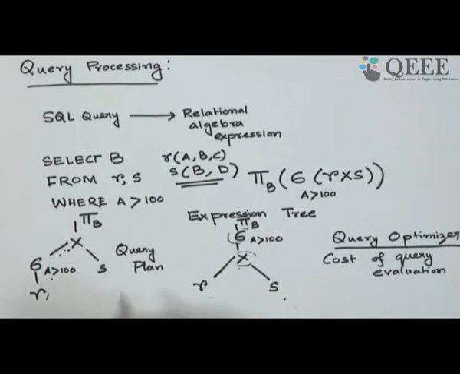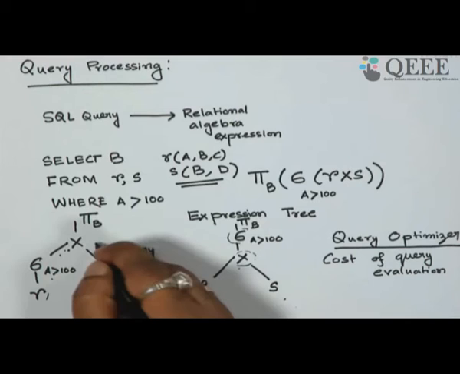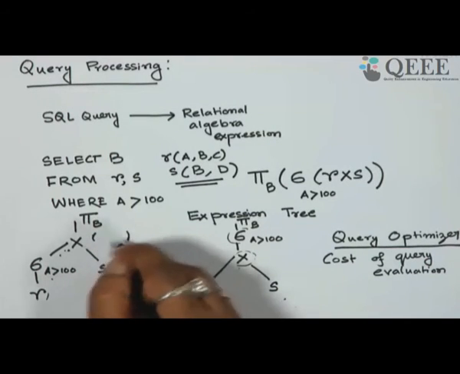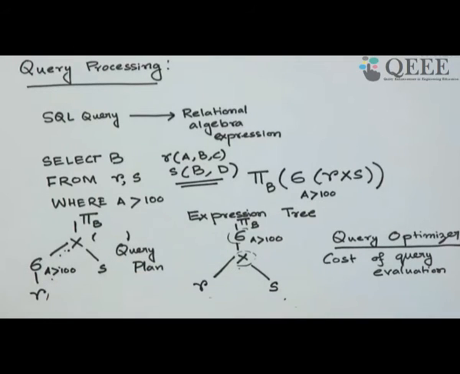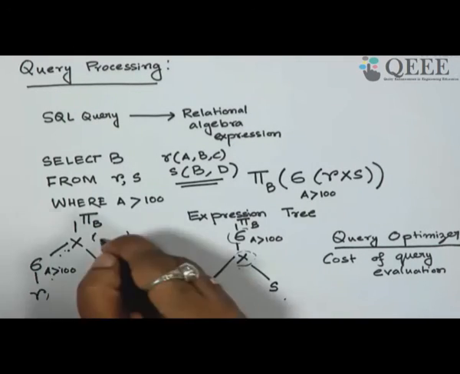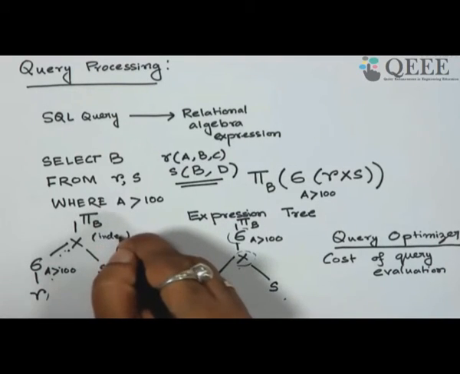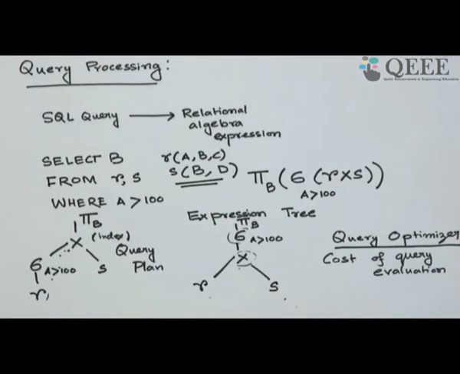So a query plan is slightly different from this. You have different methods, so algorithms for finding what index you use to compute this. All this will be forming part of the query plan. So index or algorithm. Finding an efficient algorithm to find the best query plan is still an open problem. You are young people, you can try.